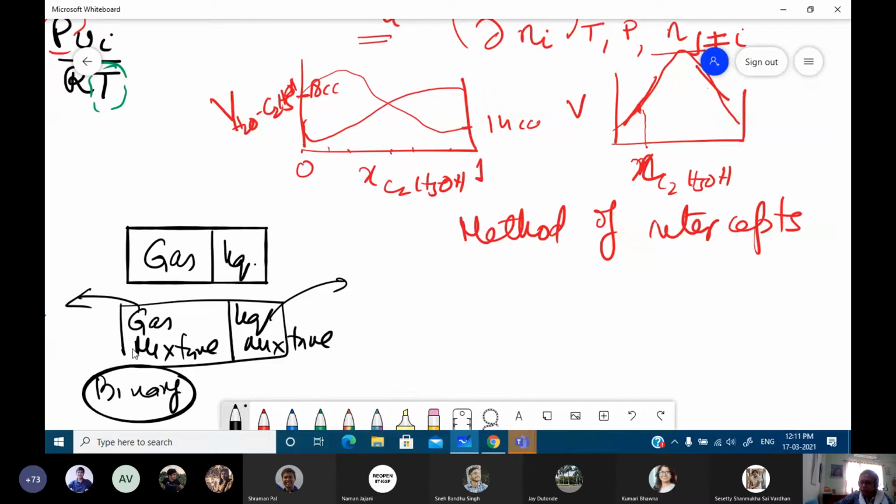Now for the total system, where the gas mixture and the liquid mixture are in a closed system, that means this system does not interact with the surroundings. For this system, what will be the properties, how to discuss this, we'll be discussing after this. The concepts of fugacity, etc., everything emanates from this part.